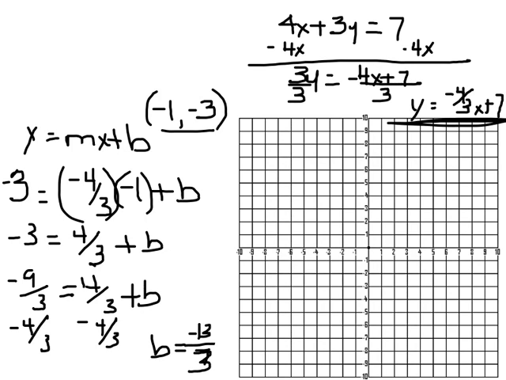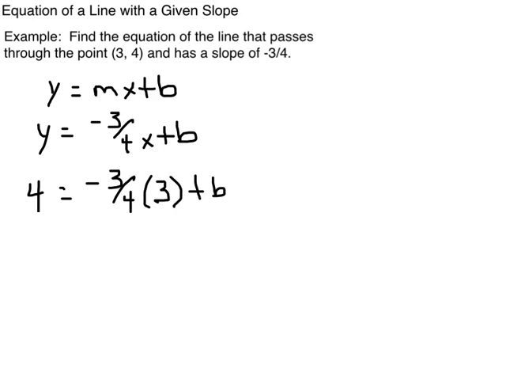Okay, let's do the next one. In this section of the lesson, we're talking about the equation of the line with a given slope. So in this case, you're going to be given the slope. Find the equation of the line that passes through the point 3, 4 and has a slope of negative 3/4. Now we're going to do this the same way as we just did the last two problems, because if you have a parallel line, you are sort of given your slope, because whatever it comes out to be,